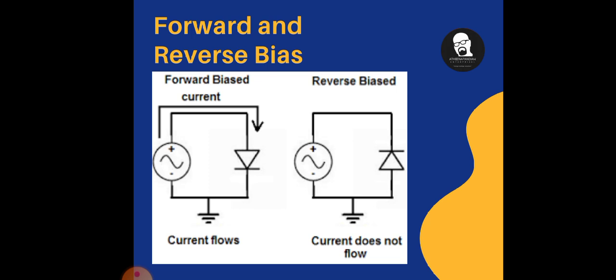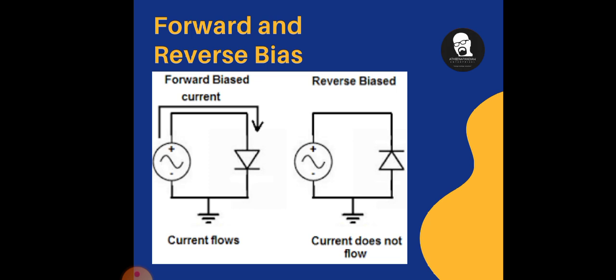If such a connection is done, that means we are providing positive supply to the positive terminal, that is the p side, the p-type semiconductor, because the p-type semiconductor is already having positive charges, and we are giving external positive supply from the battery to it. Likewise, we are giving negative supply to the negative charge particles present in the n-type semiconductor, meaning we are giving external energy to these charges. Such a connection is called forward biasing, right?